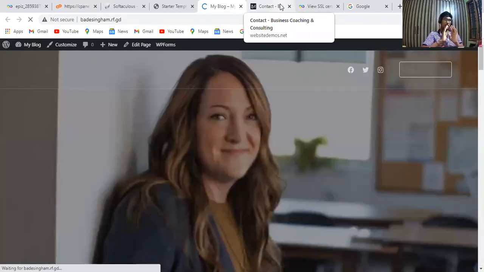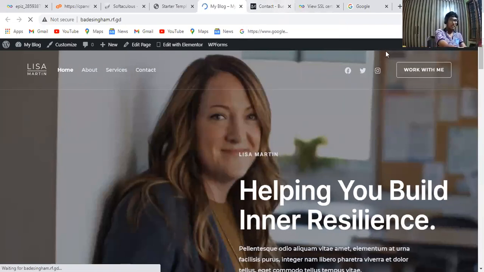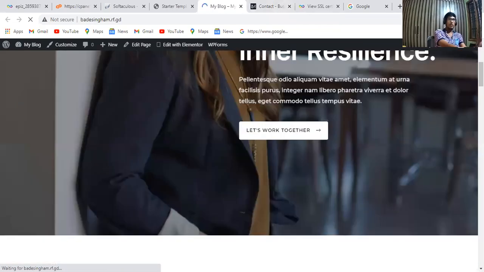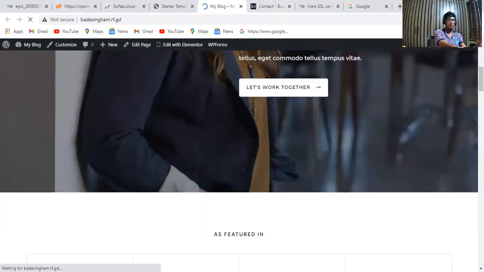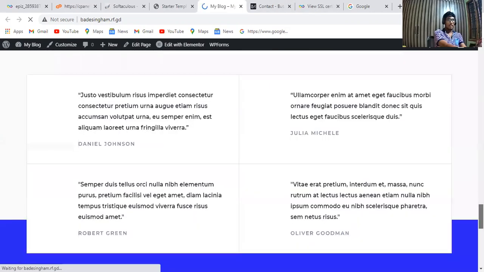So now I'm going to design how to create a free website. Let's move on to the session, guys, everyone. I have already selected Elementor, so directly, let's look very carefully. This is the example.